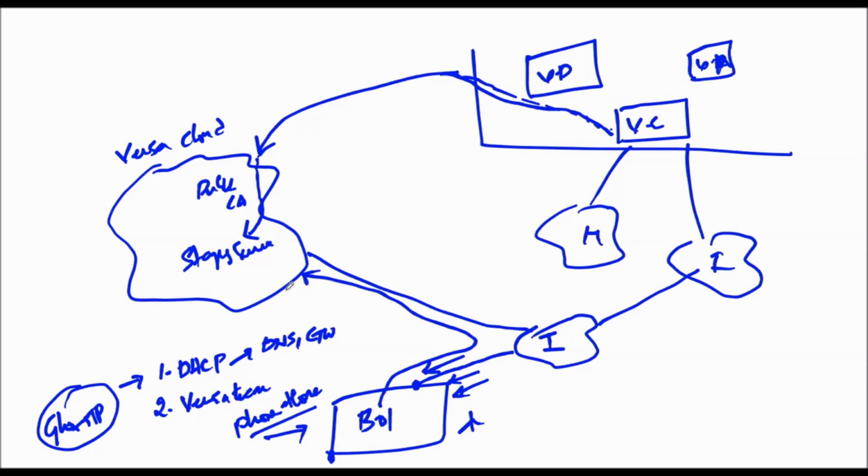Now, what is the information the branch is going to get from the Versa cloud? It is going to get the production controller details. The moment the WAN cable is plugged in, the DHCP is released and the DNS IP address is available. Based on this phone home configuration, the branch will try to talk to the Versa staging server. Now, how secure is this communication? The branch talking to the Versa staging server and revealing the information about the production controller may be a security concern.